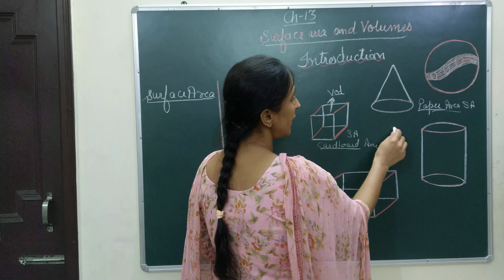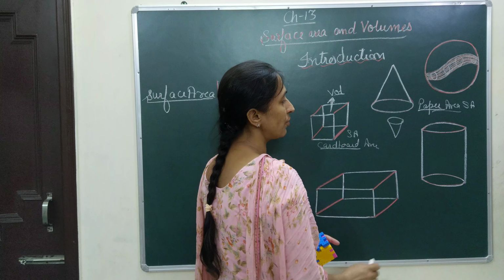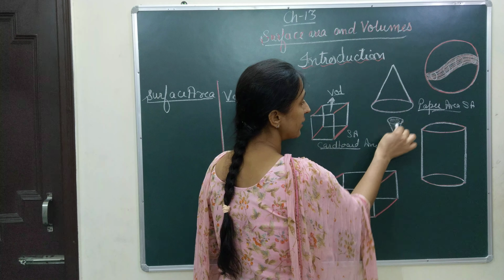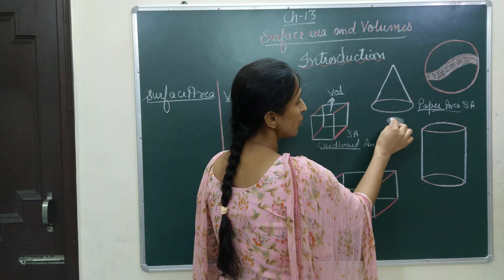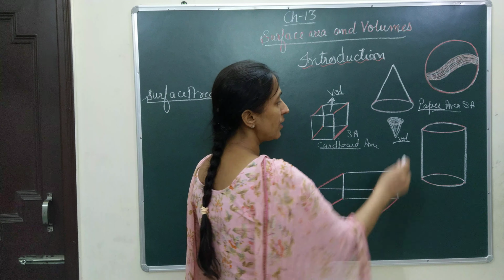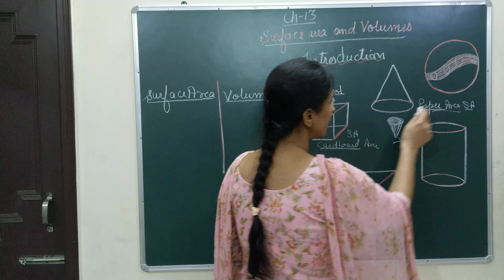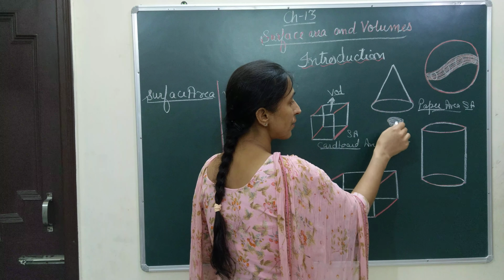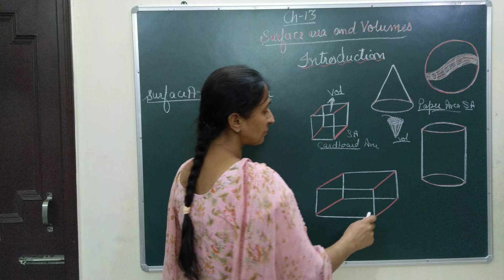But in case it is an ice cream cone and they are asking how much ice cream this cone can hold, in that case you are going to fill ice cream inside it. As you are filling the inside of this cone shaped figure, you will be finding the volume in that case. Okay, when you are talking about the surfaces only, then you are going to find surface area. But when you are talking about the capacity of that, something is to be filled in that shape, then volume is to be found out.